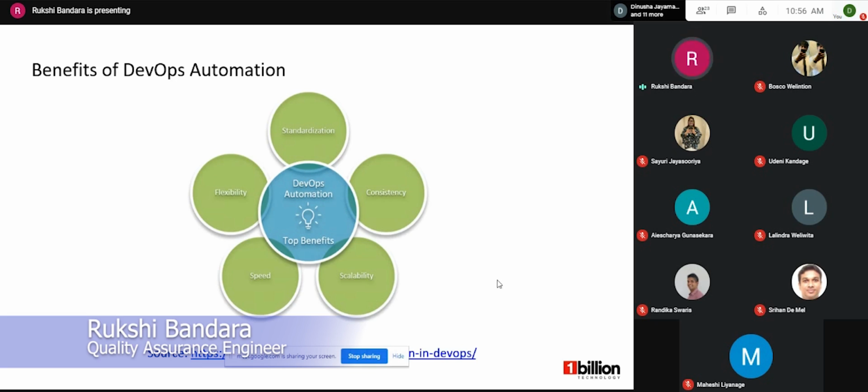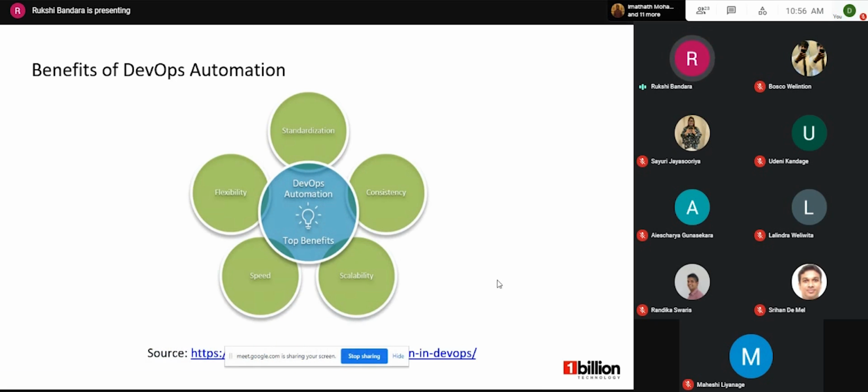Here you can see the top 5 benefits of DevOps automation. I will go one by one. Firstly, consistency. Automation is very helpful in identifying errors and behavioral issues in software applications.